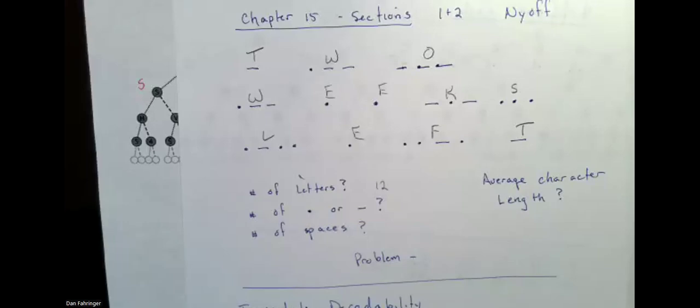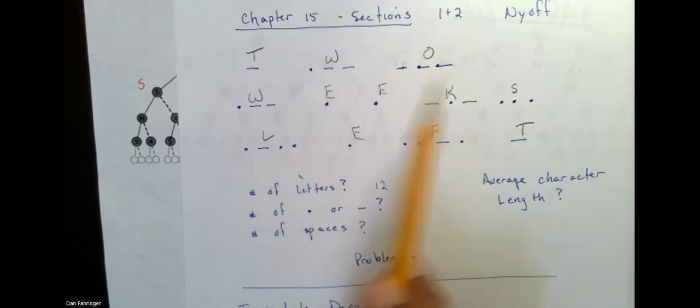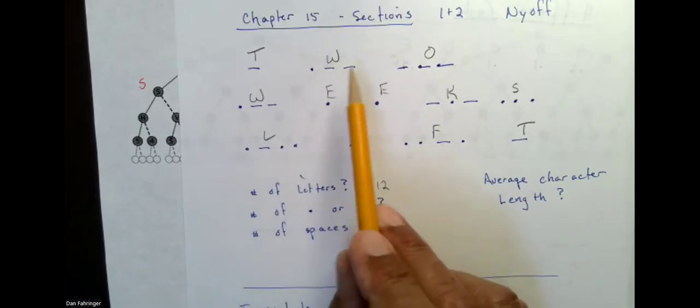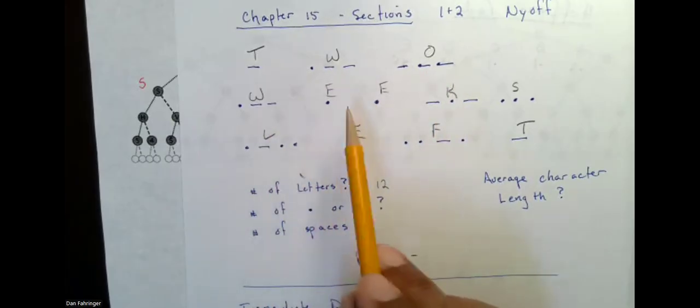Okay, so we just looked at Morse code and we came up with a statement: 2 weeks left, number of weeks left in class. We're going to go through and count the number of letters. It's 12. Then the number of dots and dashes: 1, 2, 3, 4, 5, 8, 9, 10, 11, 12, 13,